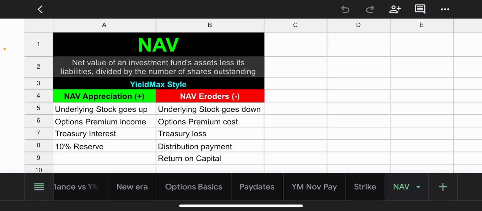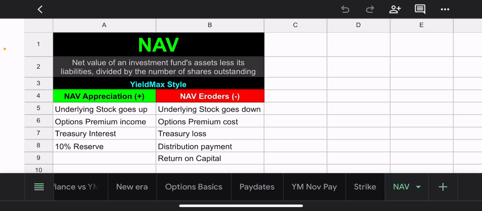But in most cases, especially when it comes to these YieldMax funds, if you search Tesla on YouTube, most of the results are typically negative, and their number one statement is NAV erosion, right? So investing in these is stupid because of NAV erosion, or you'll lose all your money to NAV erosion, right? So it gets old. Anyway, I wanted to make this video just to talk about what NAV even is